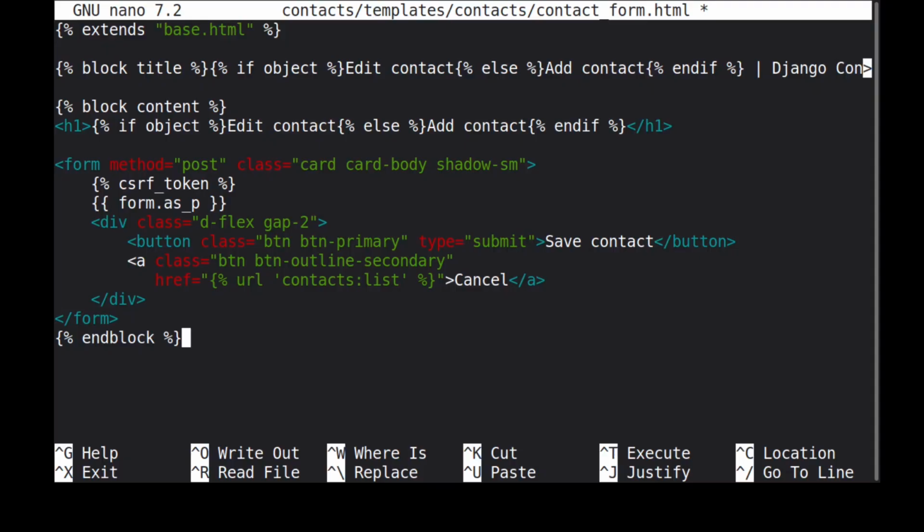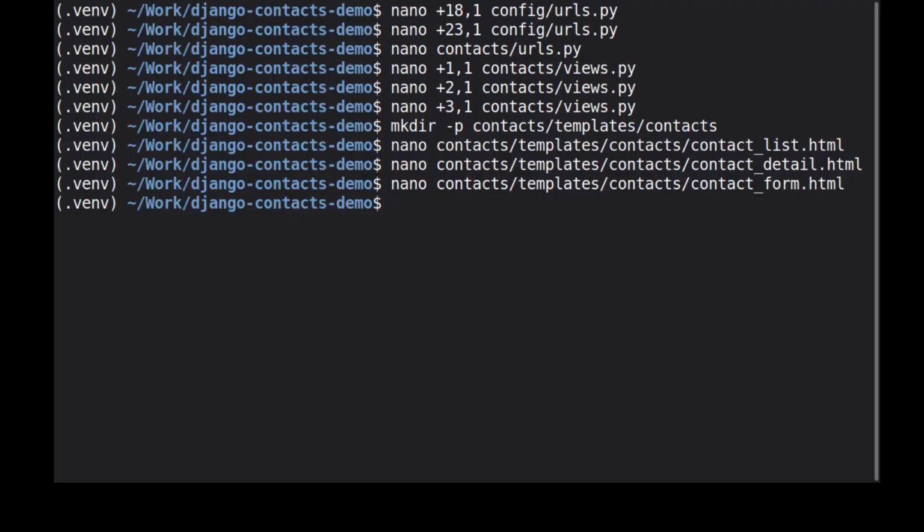The Save Contact button submits the form. The Cancel button uses the named contacts list route and returns to the list without submitting changes, because the view supplies the behavior and the template supplies the presentation. This single file works for two different CRUD operations, create and update. We'll save contactform.html. The fourth and final application template will be